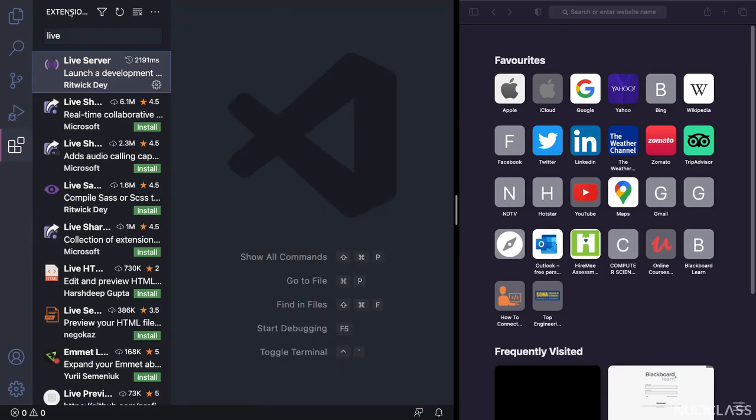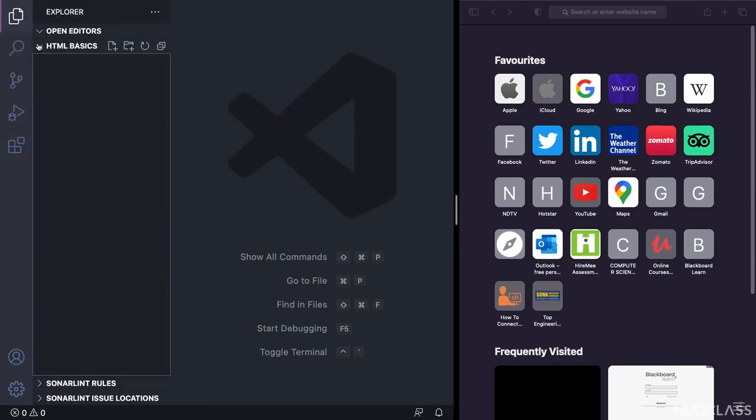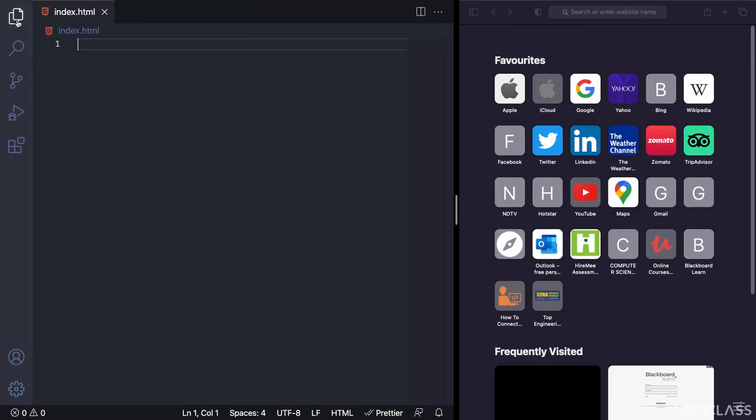Let me close this and open the Explorer again. Here we have our HTML basics, where I'm going to create an index.html file. I have created that, and let me close this Explorer by clicking on it like this. So here,